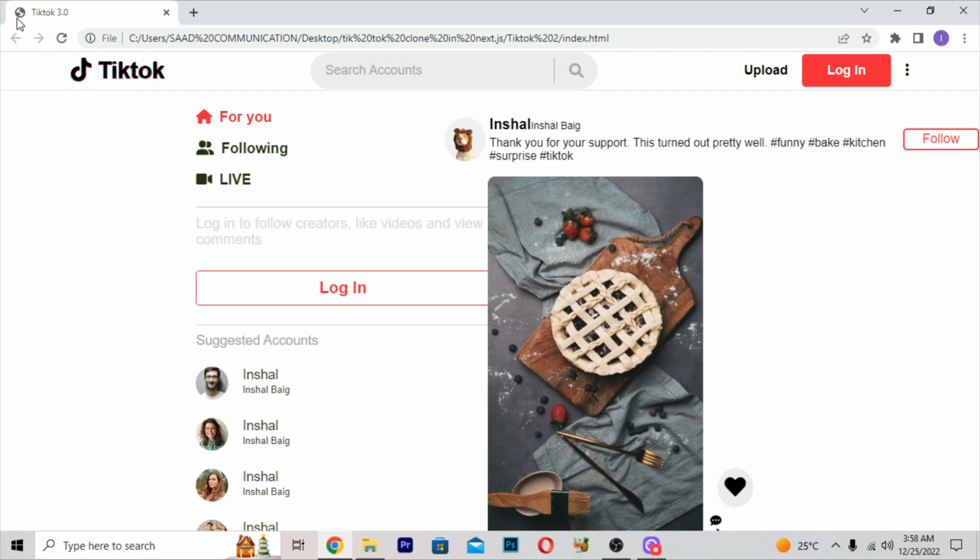First of all, you can see at the title, we are just getting the title of TikTok 3.0. You can give any other title you want, and at the left you can put the TikTok logo, meaning a favicon logo, if you want to make it look better. And then if I move down, we are getting a beautiful navbar like in the original TikTok. It is the TikTok which I have made for PC and laptop.